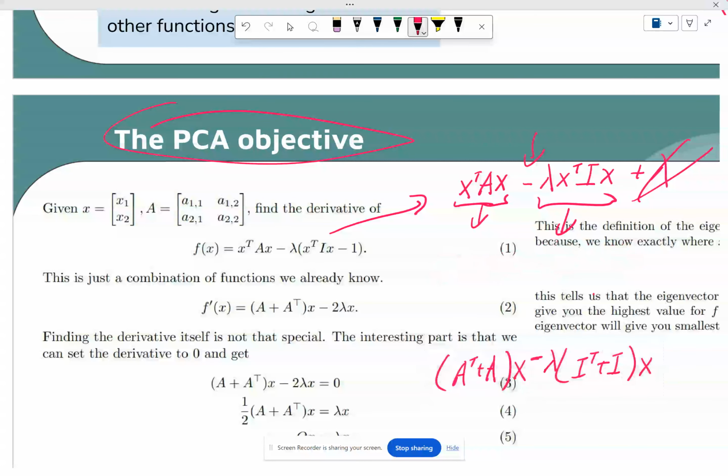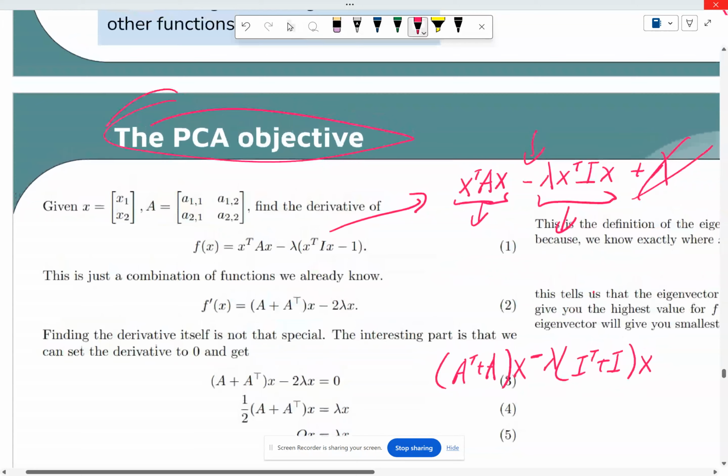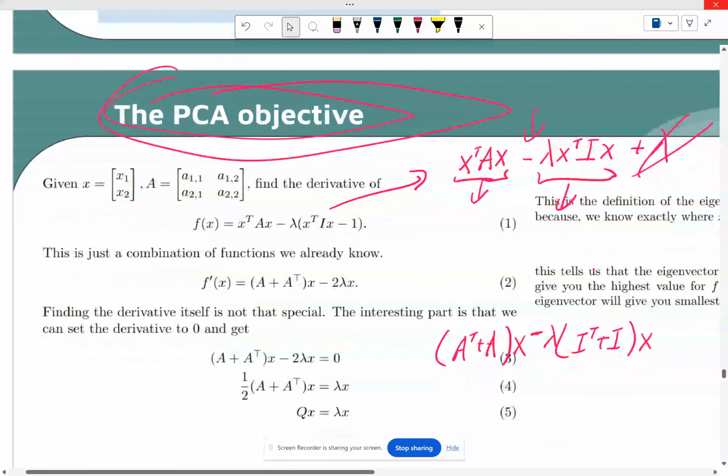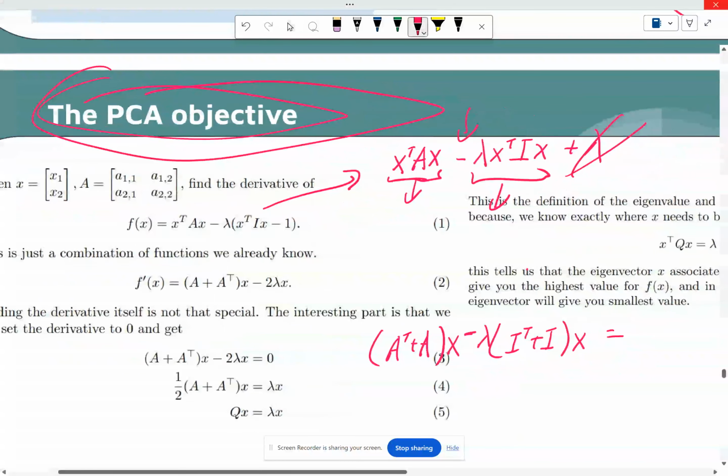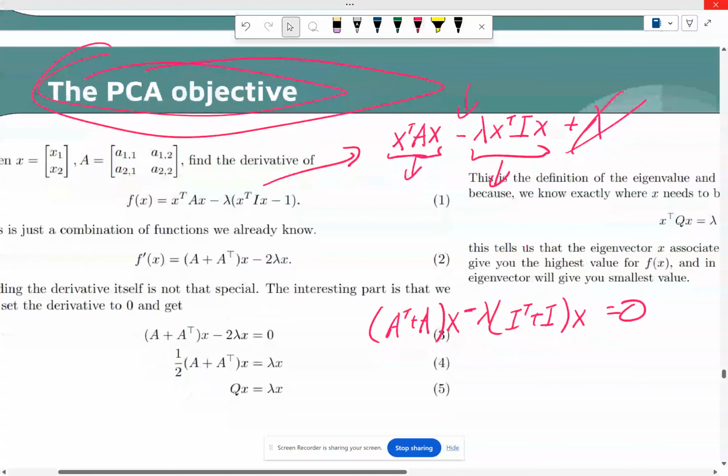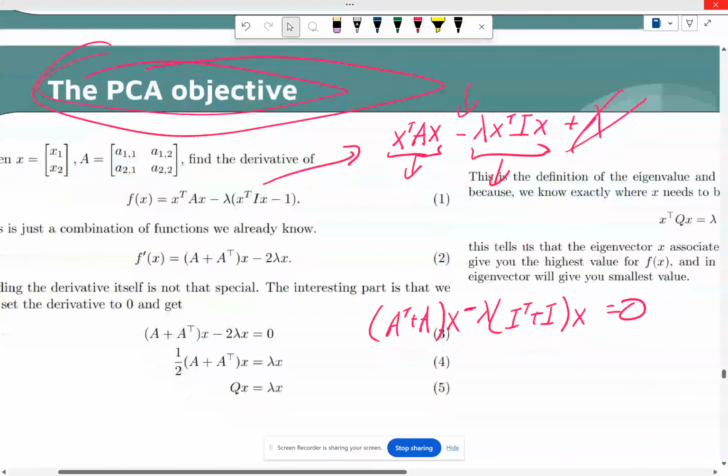So this right here is the derivative. Right? So taking the derivative is not hard. What is interesting about the PCA objective is that when you take the derivative, very often we want to find the point where the derivative is equal to 0. But you can't always do it because sometimes the equation is too complicated. However, for this particular case, you can, because you can just find x this way as A transpose A is,